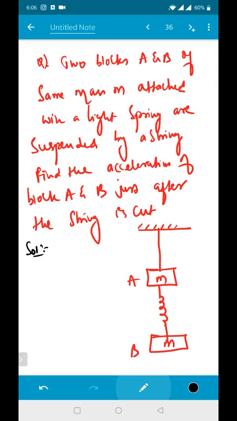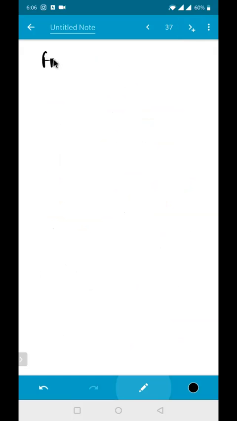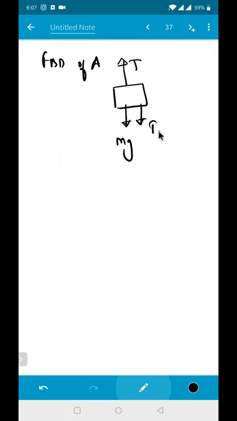That's it. So now tell me, on your B and on your A, what are the forces acting? If I'm taking the FBD of B, tell me what are the forces right now? The weight of the body, M into G, in the downward direction. The tension in the spring is, say for example, T naught. Now the free body diagram of A, if I'm taking. This is your block, this is your string. So on the string there is a tension T. The weight of the block is right now mg. The spring force is in the downward direction, that is T naught.